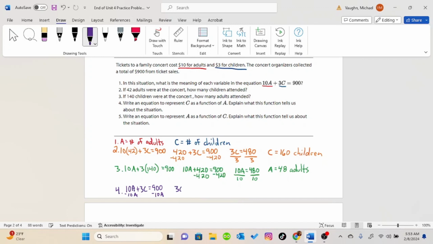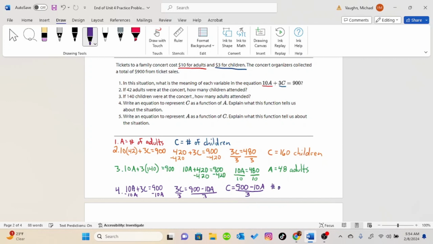This gives us 3c equals 900 minus 10a, and then we will divide both sides by 3. And this gives us c equals 900 minus 10a divided by 3. And this function tells us